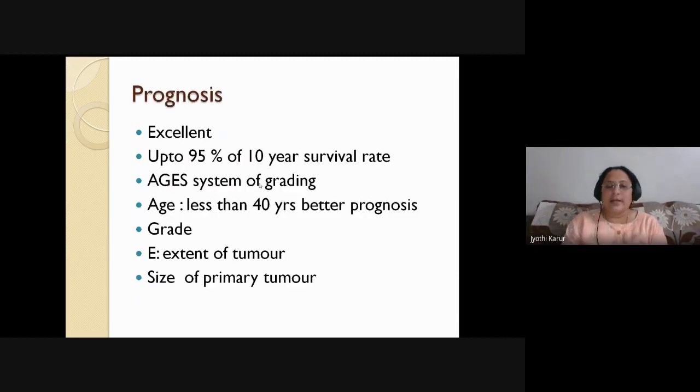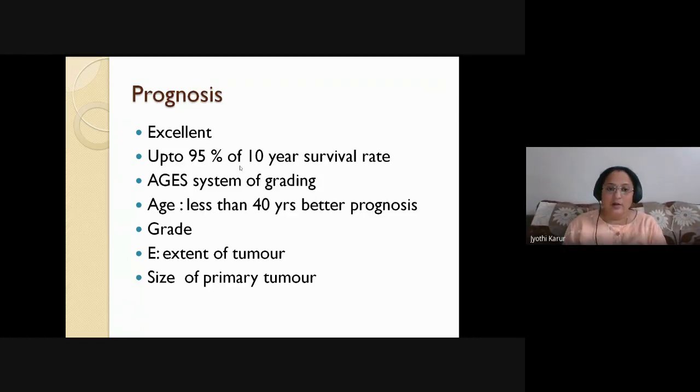So coming to the prognosis, it has got excellent prognosis. One of my professors used to say, if God comes and asks you to choose one cancer in your life, then please choose papillary carcinoma of thyroid, because it has got excellent prognosis. Usually all the malignancies we learn by 5 year survival rate. But for papillary carcinoma, especially thyroid cancers, we take 10-year survival rate, and it is up to 95%. It means that almost 95 out of 100 people are not going to die because of papillary carcinoma of thyroid.